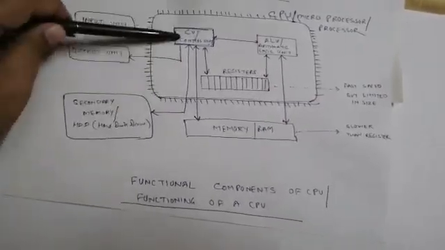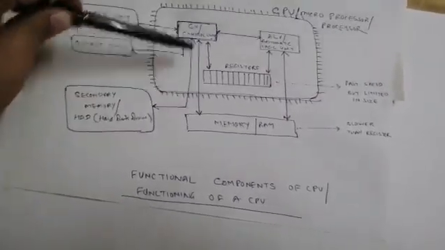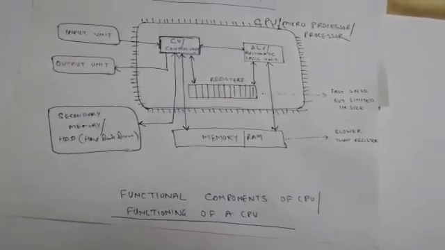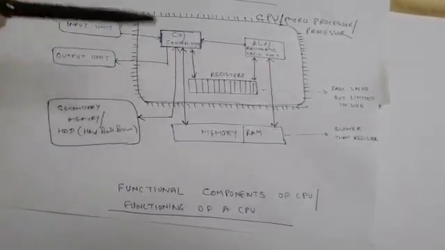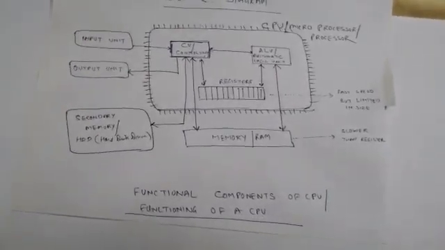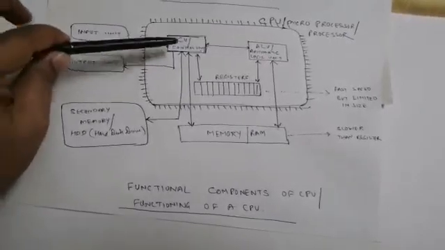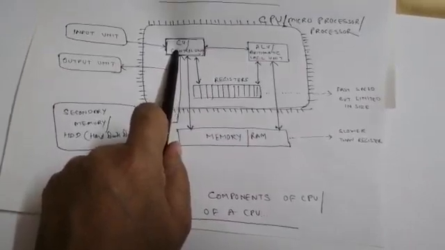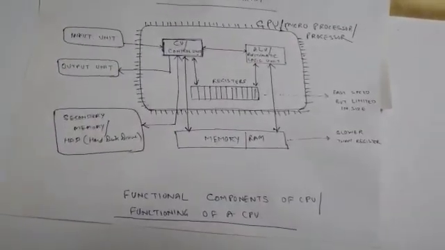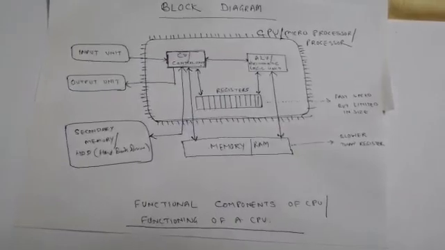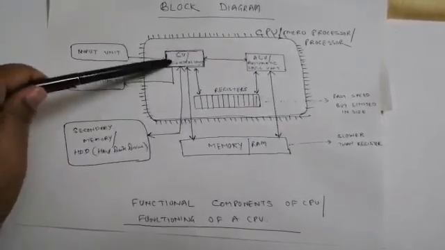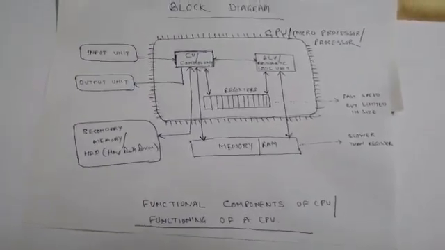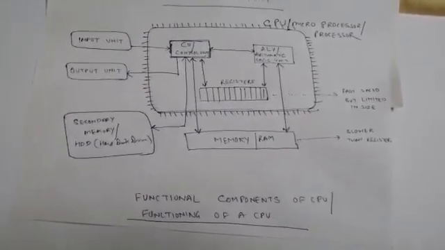Right. Now the CU can also store the data permanently in a hard disk drive, CD drive, DVD drive, pen drive, anything. Right. This control unit only. All is decided by the control unit only. And after processing is done, the ALU again gives the data back to the CU to display the result on any output device, any output unit. At that point of time, you see the single arrow here, it again gives it to the output unit, to transfer it to the output unit. This is how it functions.